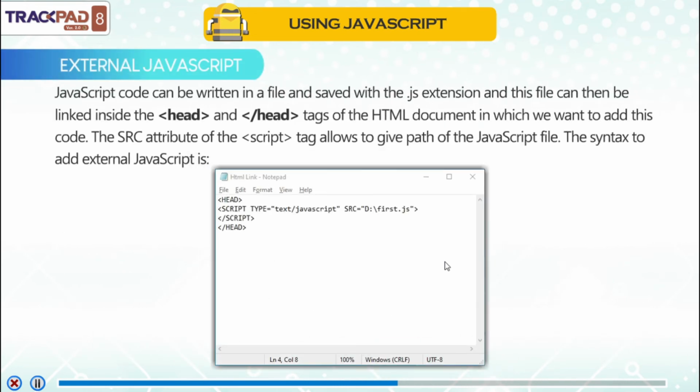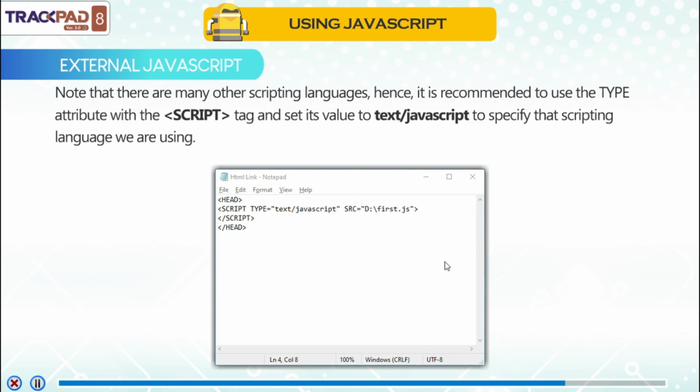External JavaScript. JavaScript code can be written in a file and saved with the .js extension, and the file can then be linked inside the head and close head tags of the HTML document in which we want to add this code. The src attribute of the script tag allows us to give the path of the JavaScript file. The syntax to add external JavaScript is